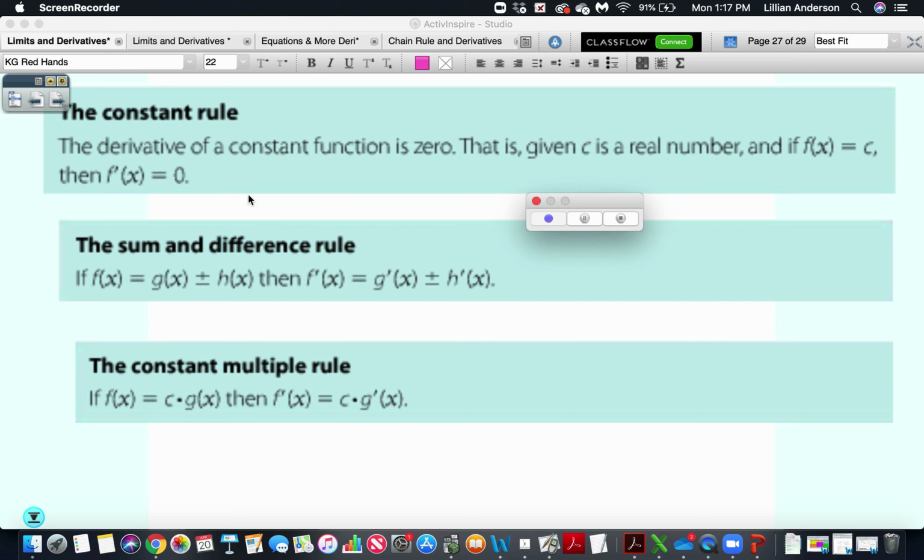The sum and difference rule basically says that if you have a function that's comprised of many functions put together by either an addition sign or subtraction sign, you just take the derivative of each individual piece of that function. Then the constant multiple rule says that if there is a number in front of your function, then the derivative of that is the constant times the derivative of that function. So I'm going to show you a few examples, so that way you can see exactly how these rules